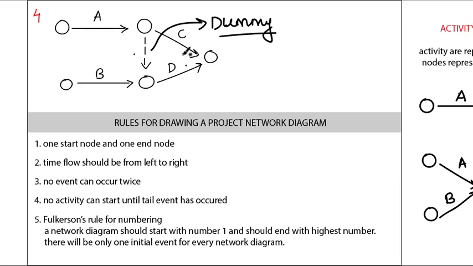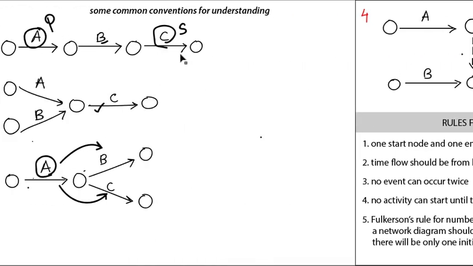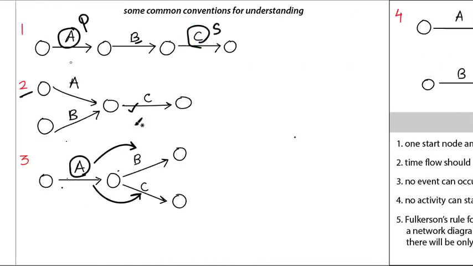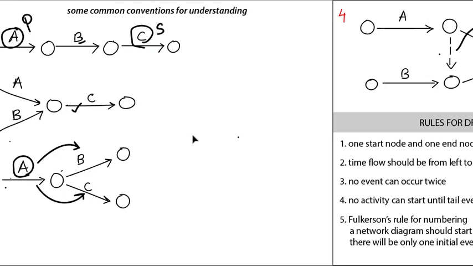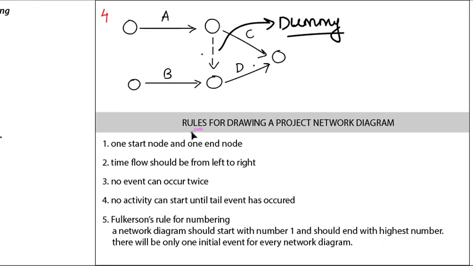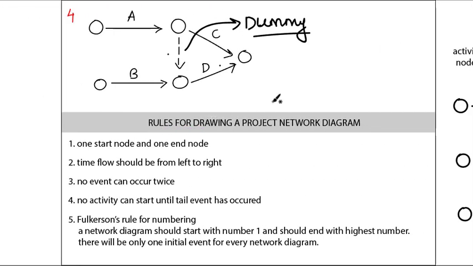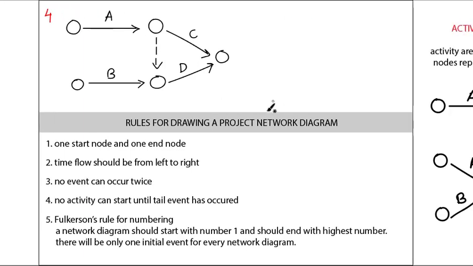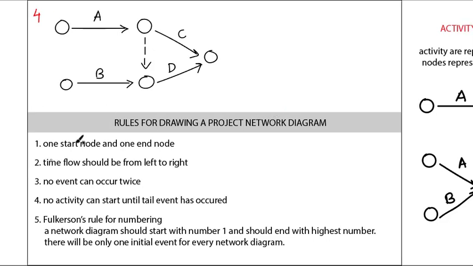So this is the basic meaning of all the 4. I hope you understood this. So now let's look at some basic rules through which you can draw a project network diagram. The first rule is, I have written only the basic 5 rules. There are many more, but I don't think they are required for drawing a project network. You will understand it from questions and by solving more problems. So just try to remember these 5.